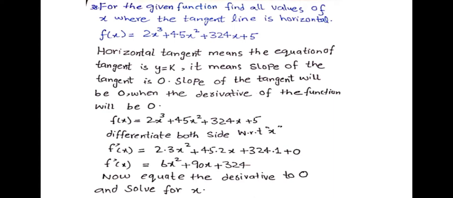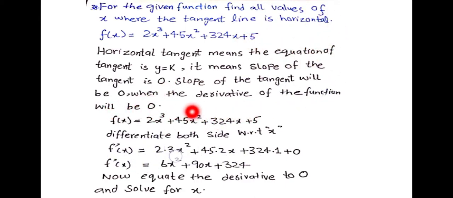So in this case, when we are provided with the function and the tangent line is horizontal, it means that the derivative of the function is equal to 0, or the slope of the tangent is equal to 0. So in this case we are provided with a function. First of all we have to find the derivative of that function, and then we equate that derivative to 0, because it is a horizontal line.